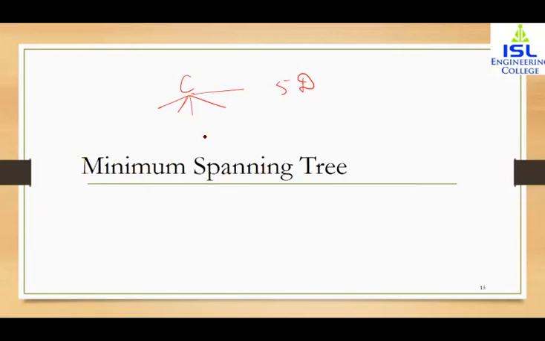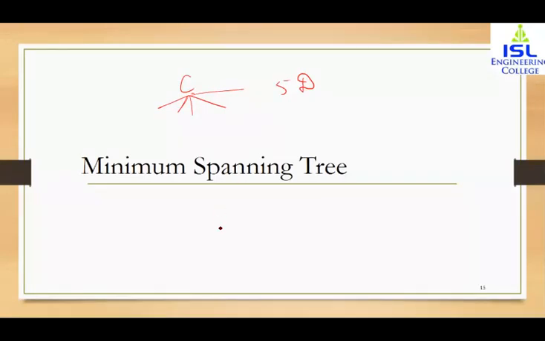Your weights can represent basically any kind of value on which we can decide which kind of path to be used. So minimum spanning tree is basically a spanning tree. Spanning tree is basically one which covers all the vertices, does not have cycles, and edges are not repeated. If we are selecting the edges in such a way that the weights are minimized, then it is known as a minimum spanning tree. Usually a wide variety of problems are solved by finding a spanning tree in a weighted graph such that the sum of the weights of the edges in the tree is minimum.